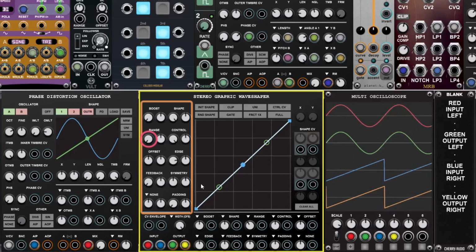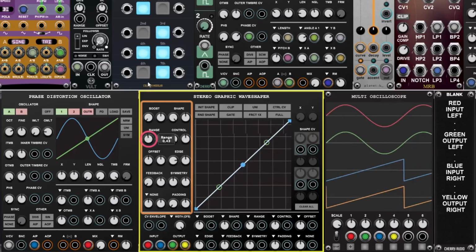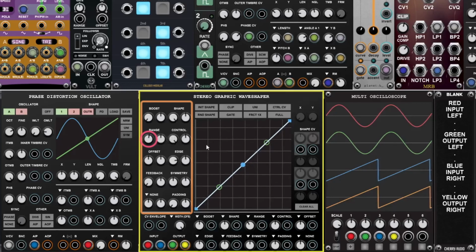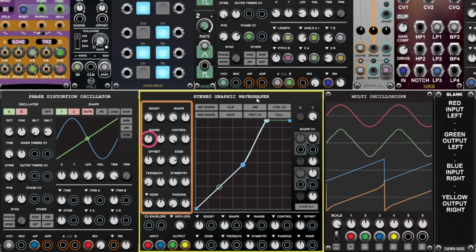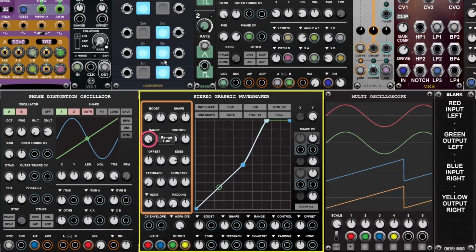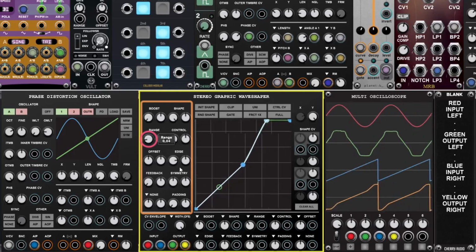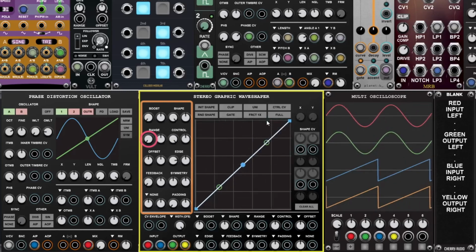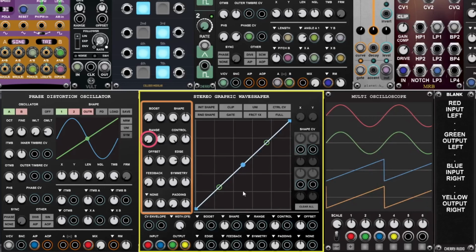By increasing the range, the threshold of treating overshoots is also increased. So keep in mind that the output signal will have an amplitude of up to 10 volts when increasing the range. So it's best to introduce an attenuator, amplifier, or even another clipping distortion afterwards to lower the signal back